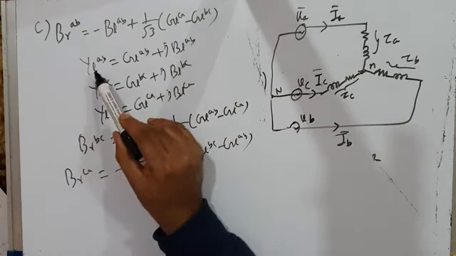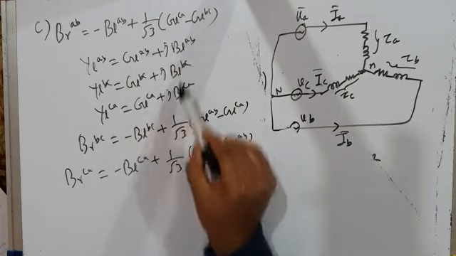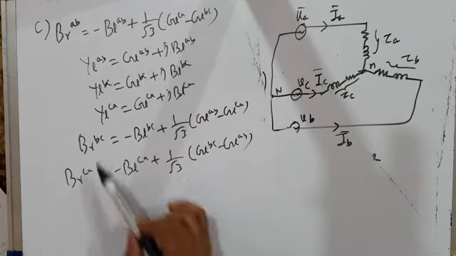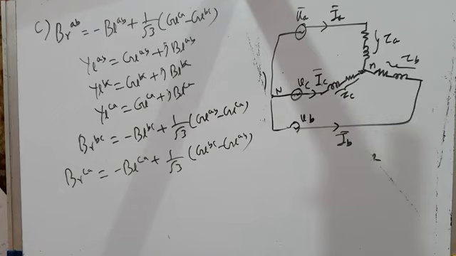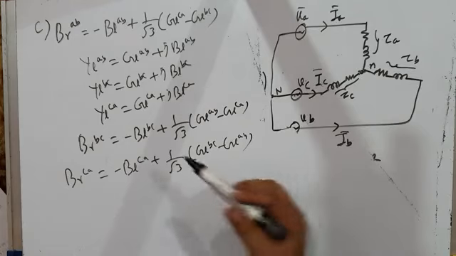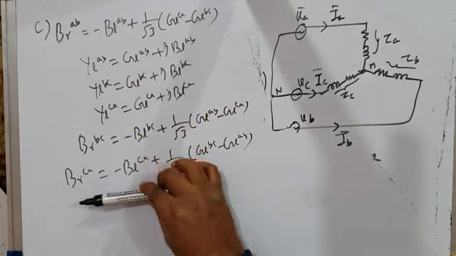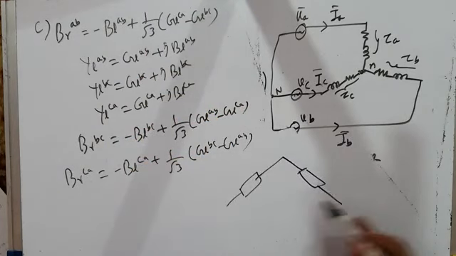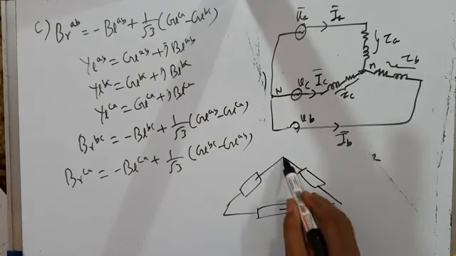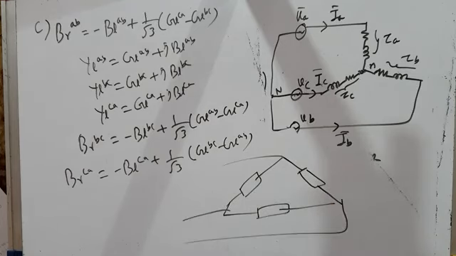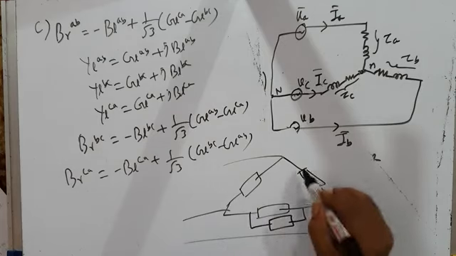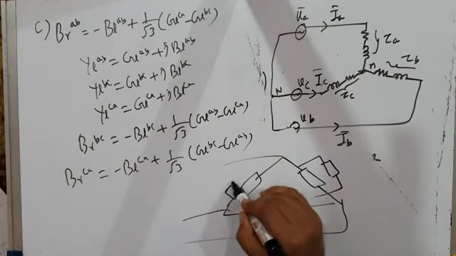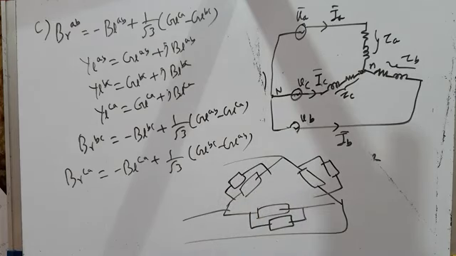If you know load admittances, you know conductances and susceptances; substitute in these three equations, and you will get compensator susceptances. That can be done. We did it in the first example also, but here there is a problem. The problem is that these formulae we derived in the last lecture were derived for a delta connected unbalanced load. The load which was unbalanced was delta connected, and across these delta connected unbalanced loads, we connected the compensator branches like this.